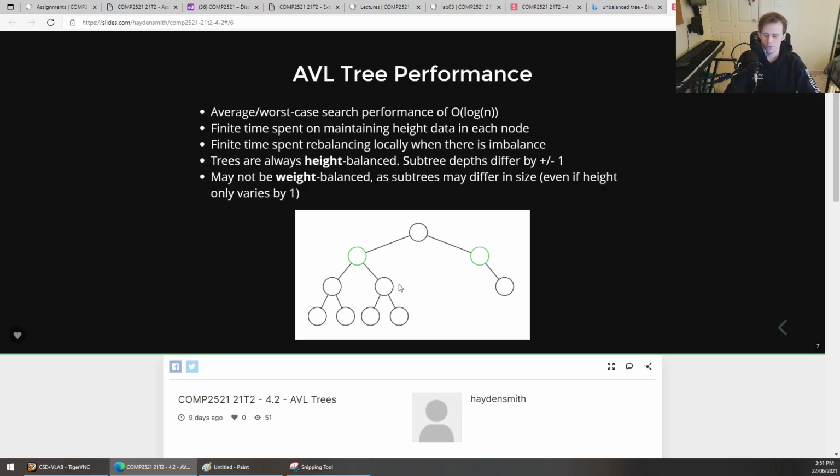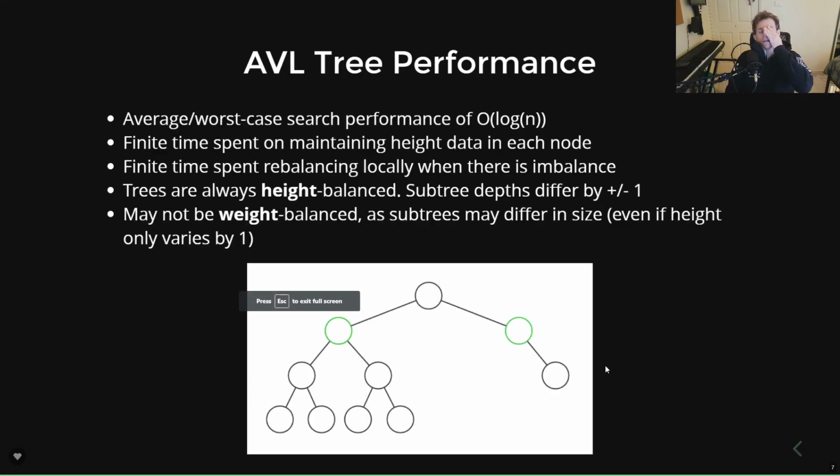The last thing I want to talk about, just conscious again of time, is the AVL tree performance. So we kind of hinted at the fact that AVL trees store more information, and because of that, it's a little bit more memory intensive. But the idea is that we should have an improved cost, it doesn't cost as much to rebalance because we have all this metadata available to us. So the average and worst case search performance for an AVL tree is O(log n),